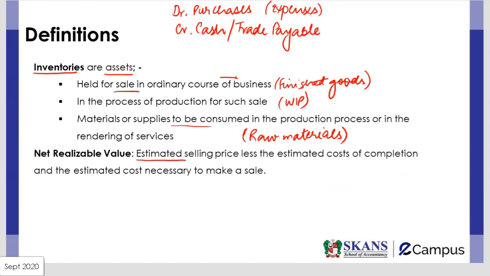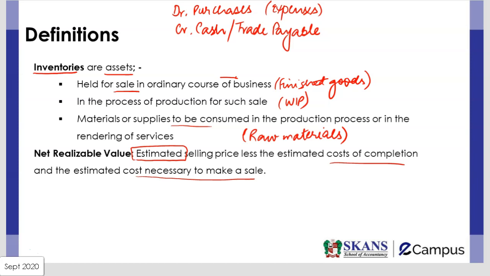It is the estimated selling price less the estimated costs of completion, less the estimated cost necessary to make the sale. So please keep in mind, we are calculating the net realizable value for an item which is still unsold in our business at the reporting date. So we calculate an estimate